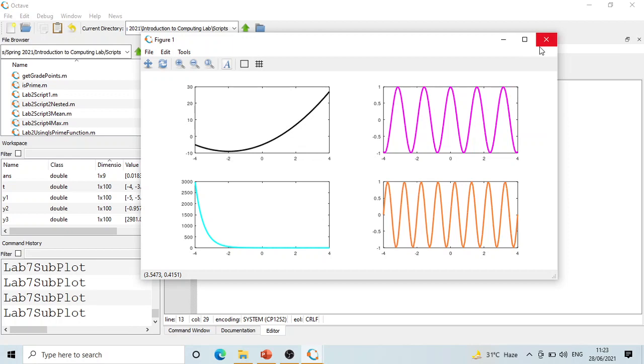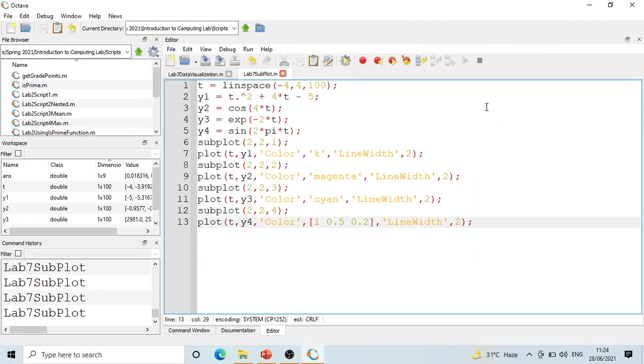Understand? Yes, sir. So I hope you should be able to use this. The point of this lab, and the point of this course, is